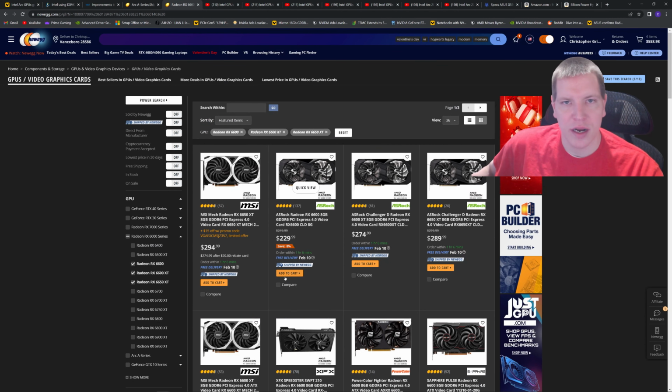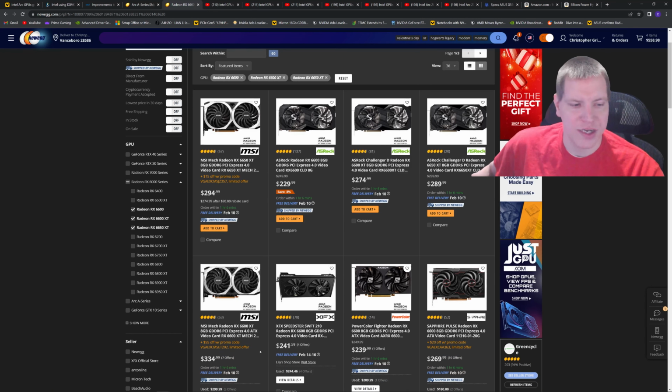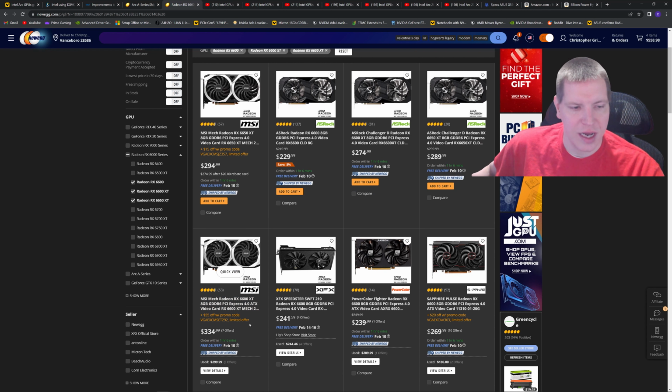Here, what I've done is I have selected and filtered out only the AMD Radeon RX 6600s, the RX 6600 XTs, and the RX 6650 XTs. I figured by putting all three of those cards in there, we could catch cards that are on sale. Sometimes the prices change daily, a little bit up and down. As a matter of fact, one of these cards right down here, this MSI Radeon 6600 XT, right now, it is being sold for, I believe,